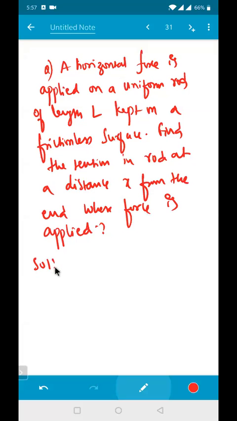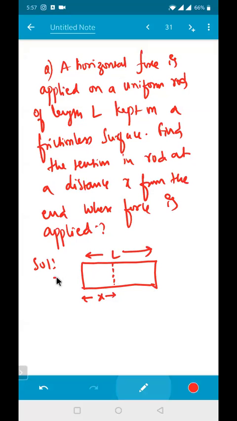Okay. So this is the given diagram for us. So this one is the condition. And here is some dot. The total distance of this one is given as L. And this one is x. And you're applying the force on this one. This is the direction of the force. Now read the question and try to see what is the value of that. Very, very important model. Already you might have done it so many times.